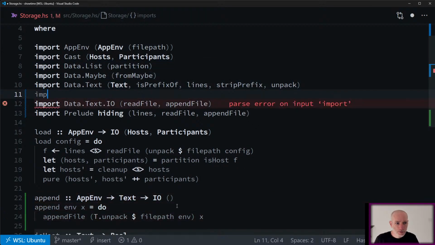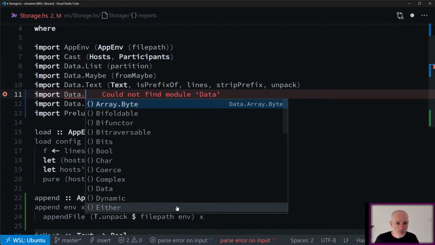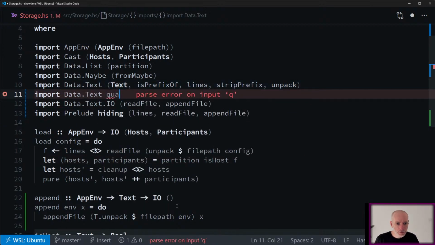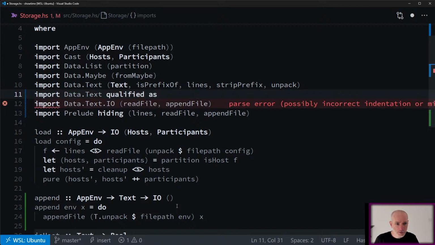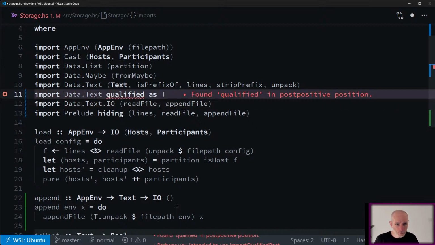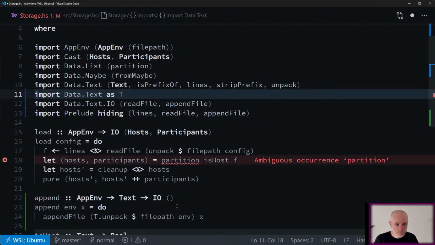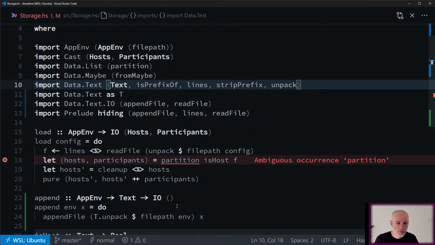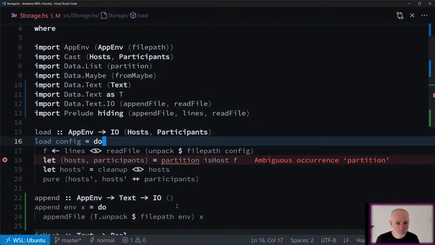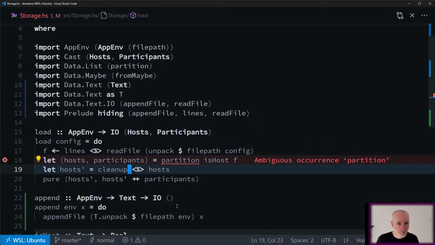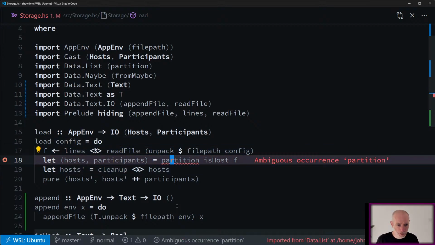So import data.text qualified as t. I can drop the word qualified. That's good. Okay, and then I'll import text type directly. Everything else needs to be prefixed with t's. I don't know why partition suddenly becomes ambiguous.